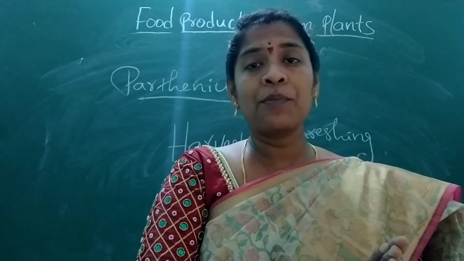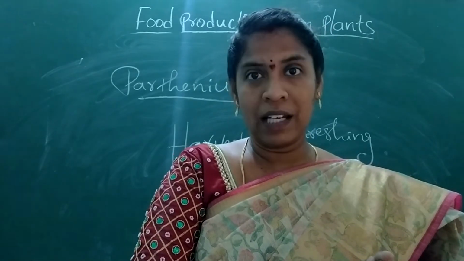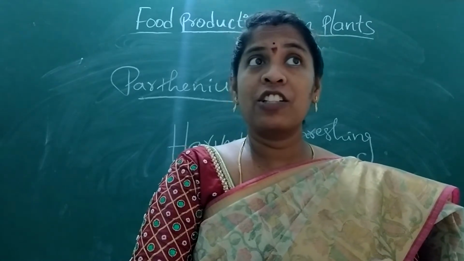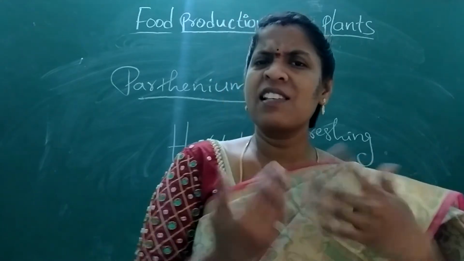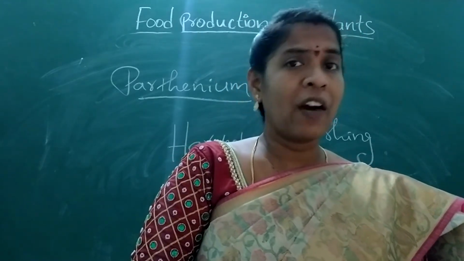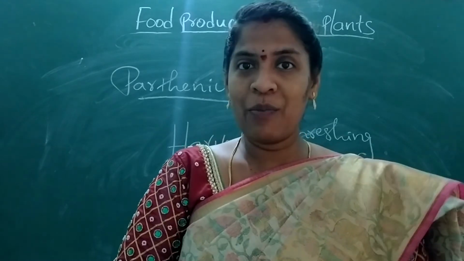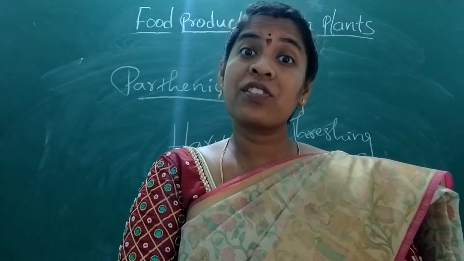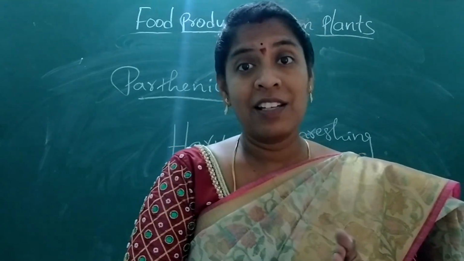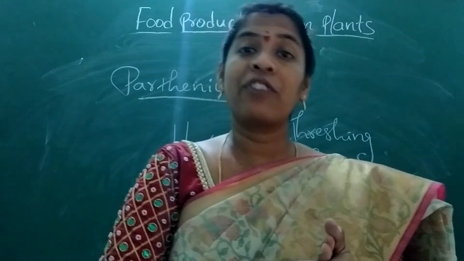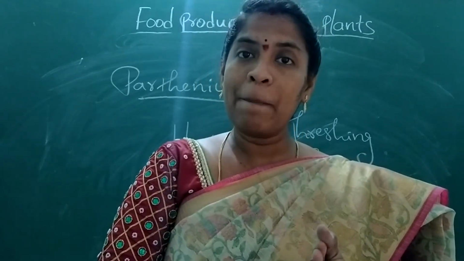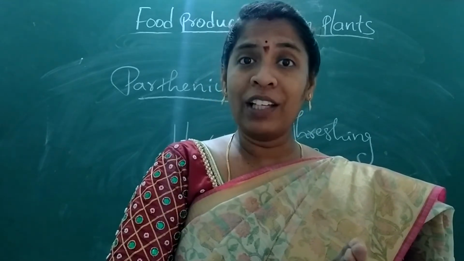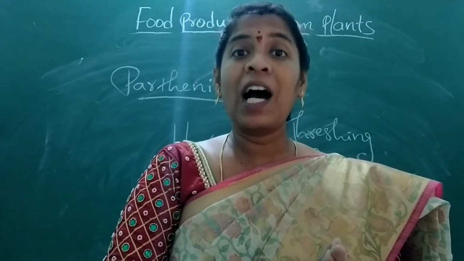For long night crops, we discussed jowar and maize. For short night crops, we discussed wheat, chili, cotton. Some plants are neutral: in any season, with any night duration, they flower. So they are generally called neutral plants. Later we also discussed which country is topmost in production of food. Japan has the highest production of rice, second place goes to China, and after that, India. We have the greatest land, but even though we are not getting proper